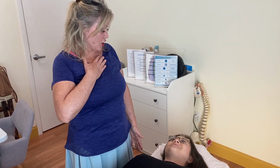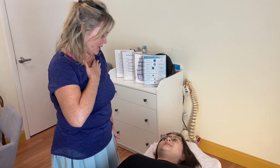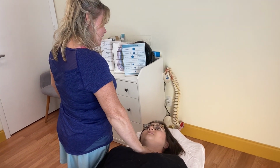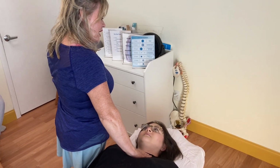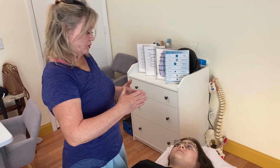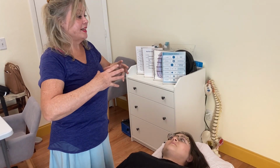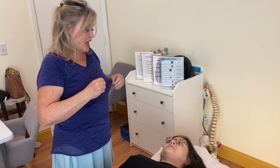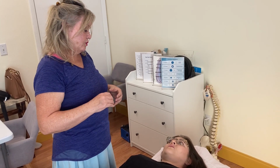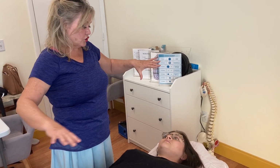So I'm going to start by listening to the body right here. Is it okay if I put my hand right here? Yes. Okay, so I'm going to touch. And then I do a little pump because I want to see how that sternum is moving. And so when I do this, I feel too much movement. I feel almost like I'm falling through. And so what I want to feel is like a springiness, like that. And so if there's too much movement and I'm falling through, the body's not pulling in one direction or another,